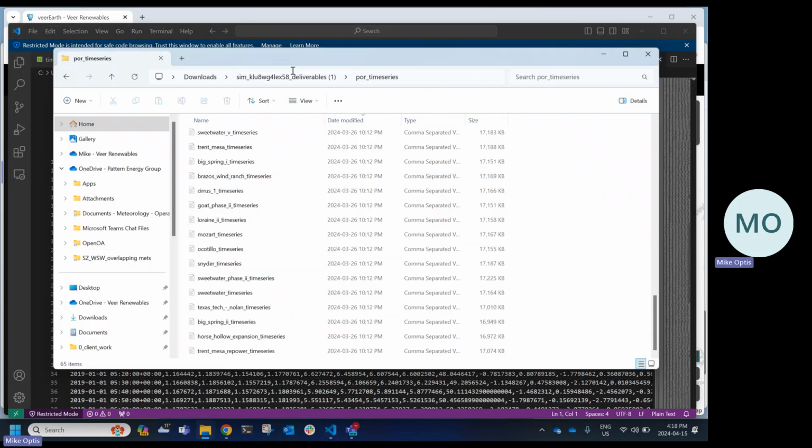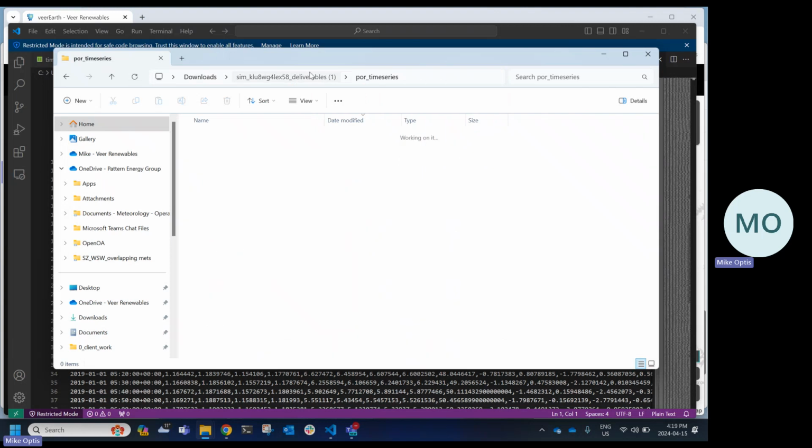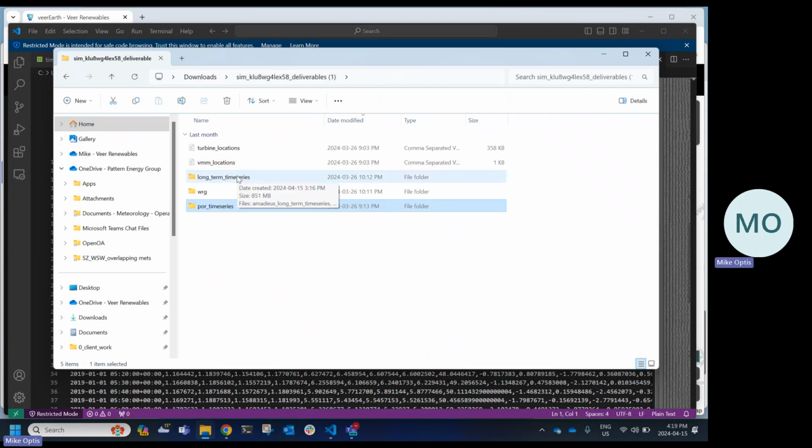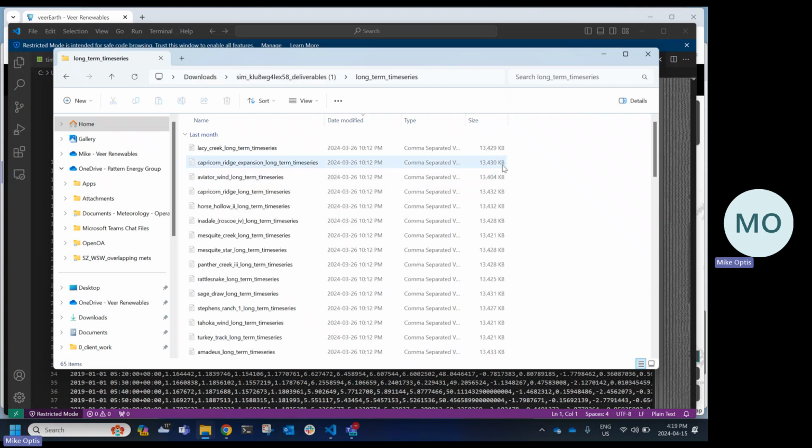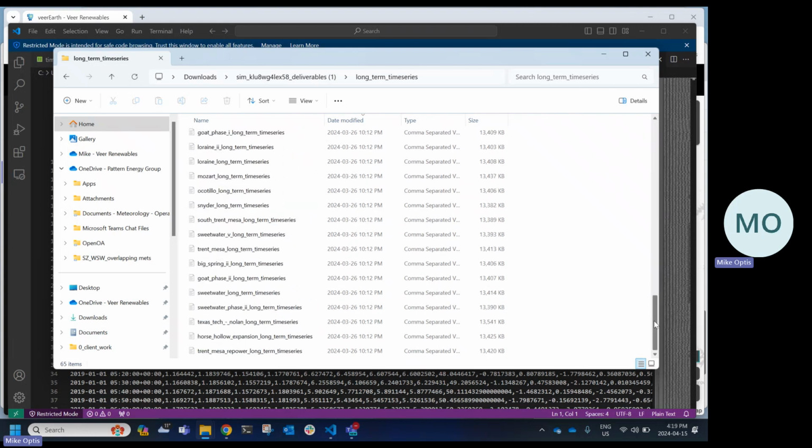So our last folder is called long-term time series. So what we're doing here then is taking that power data over our specific period of record, and then using the ERA5 data to develop a regression relationship. And in this case, we're using a random forest machine learning model, and then extrapolate that to the full ERA5 time series period of record. And if we were to open Sweetwater again there,